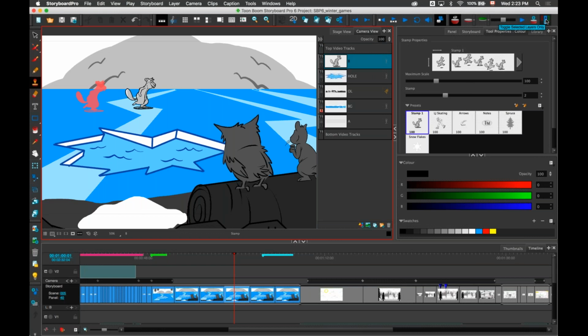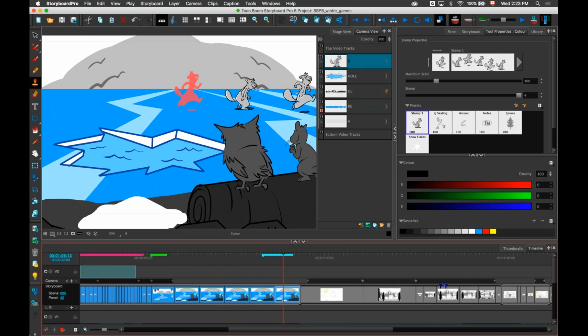So when I turn on the onion skin, it will only show the selected layer across from the previous and the next panel. The layer has to have the same name on these different panels. So as I go through my panels, I'm able to see what's happening before and after. It really makes it a lot easier to see. Oh, and I have all my snowflakes on the layer before, but this really makes it a lot faster to see, or a lot easier to handle the onion skin and see what's happening before and after on the selected layer.